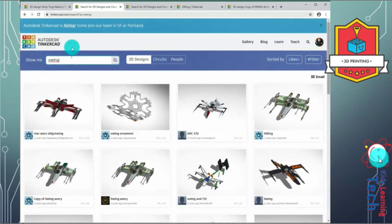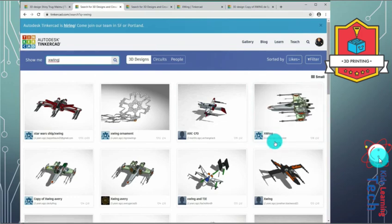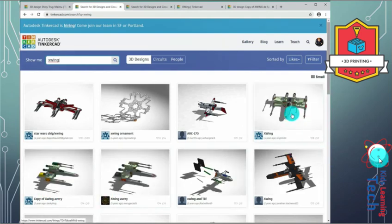Kind of fun. Okay, so we got a whole bunch of these things coming up. I have already opened a couple. This is the gold standard. It's the X-Wing from 4 years ago. I think it was originally by a guy named English DD. There's a couple copies of it. It is a monster. What I want you to do is right click,